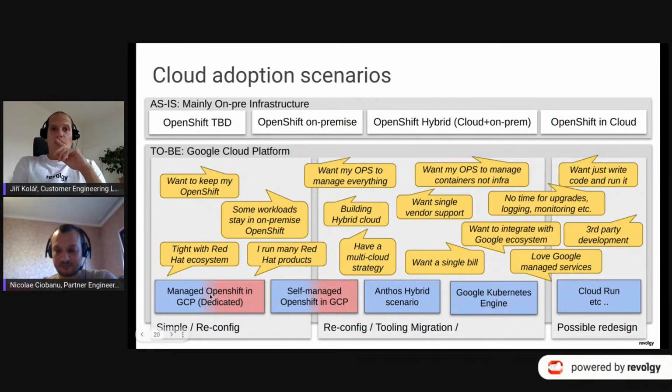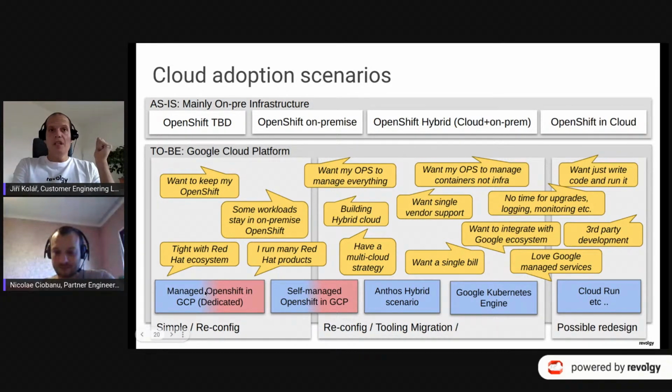So on the bottom, what you can see are the possible next steps for you, right? What you might want to do is either you say, okay, I really like OpenShift, I want to stay with it, right? So you can go with something which is a managed OpenShift in GCP. So Google Cloud Platform offers OpenShift as a service. Of course, this is a joint offering of Red Hat and Google.